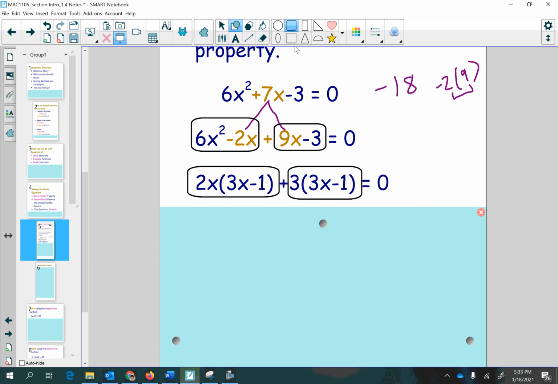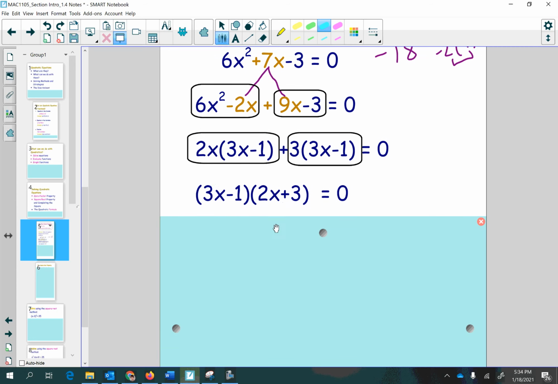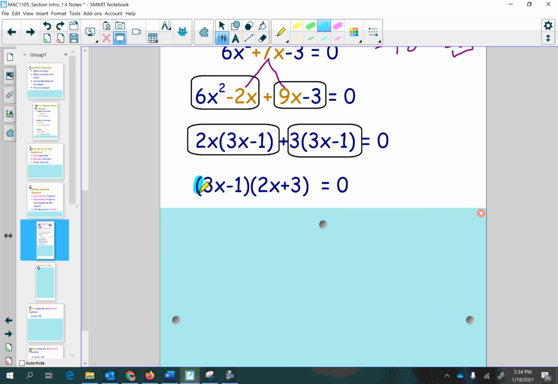All right, so now we're getting closer. Here at this step, we want to just notice that the bubble here with the parentheses in each of these is identical, right? If it's not, something went wrong, you got to go back and fix it. Or it might be one that's not factorable. That happens sometimes. All right, now I've taken the 3x minus 1 factor quantity that was common to both of these chunks,